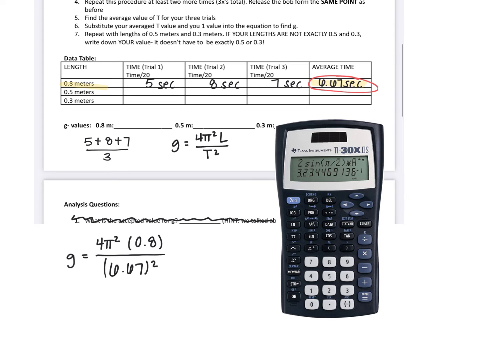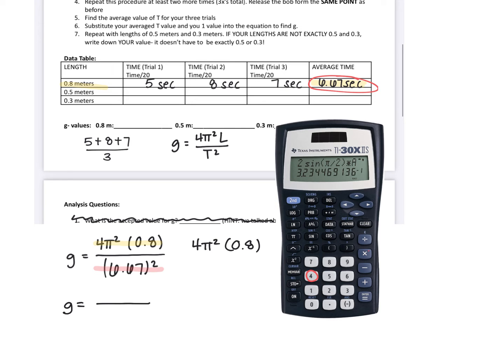Now, when you're doing these calculations, I definitely recommend that you do it in chunks. I would start by doing the top half separately from the bottom half and then going through and dividing them. So to do this, I am going to be using the calculator and I'll be highlighting the buttons. My first step is I need to do my 4 pi squared times my 0.8 length. To do that in my calculator, I'm going to type in my 4, so you can follow along,